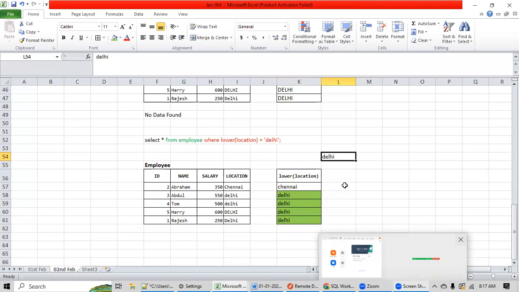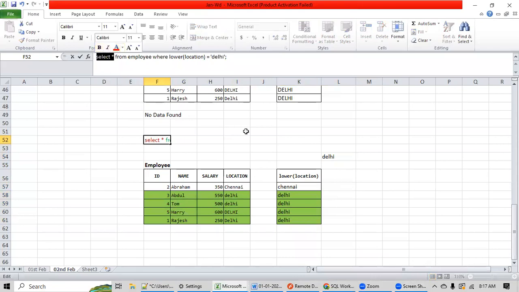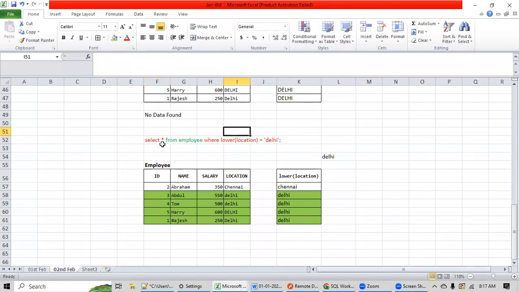Now these records we have selected, we have derived from these records. After this, the engine will go to the SELECT clause. What is the meaning of the SELECT clause? To display. And then a star. What is the meaning of a star? Display all columns.